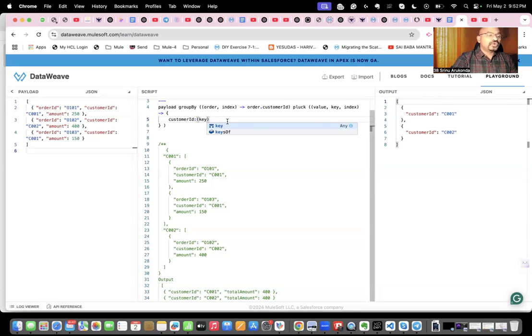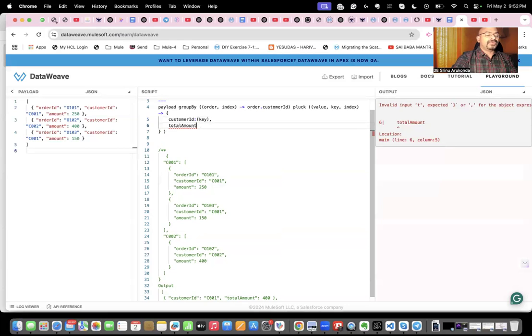And second is the total amount of orders by that customer. The field name is totalAmount. The total amount is stored in the value section, the value field, right? See, this is the key and this is the value. So the amount is there in the value. First I will get the amount, then we add up the amount. So first is value